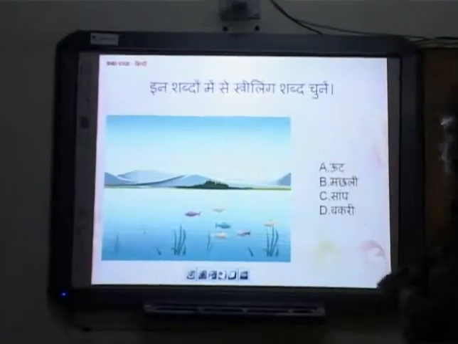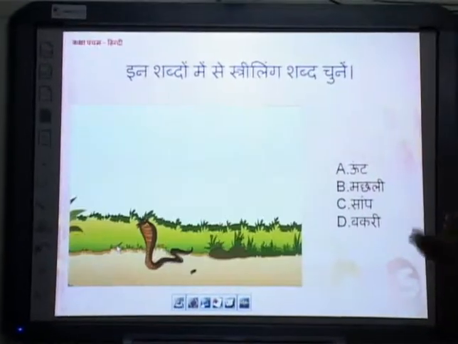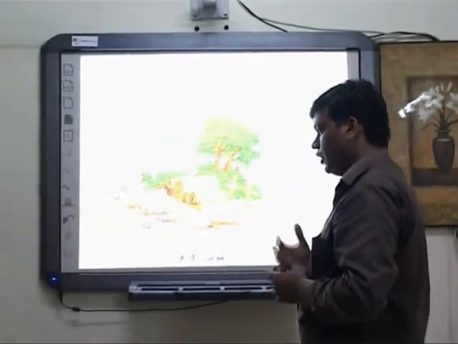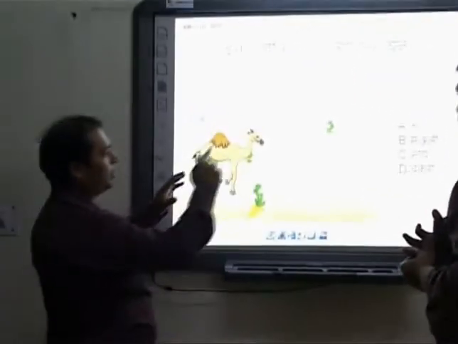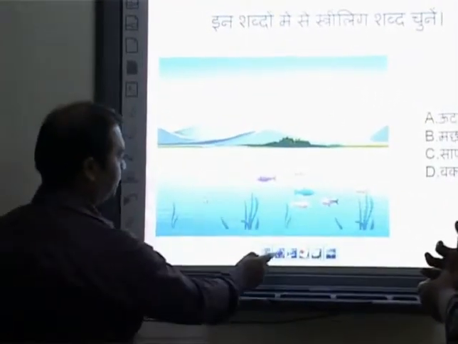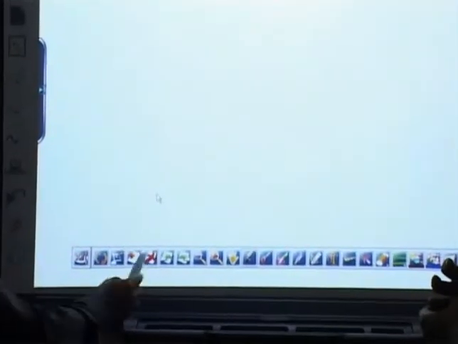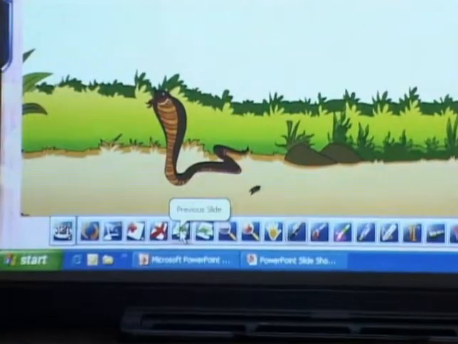But I want that file to get saved in a separate format or somewhere else, and I don't want to hamper my PowerPoint file. How do I do this? See, whatever work I'm doing on the PowerPoint file annotation part, everything will be saved in your whiteboard application. So if you want to get all this in your PowerPoint, it will save in a different format.